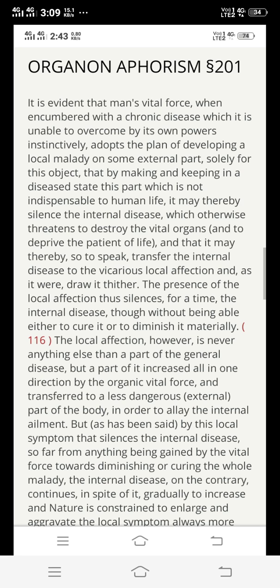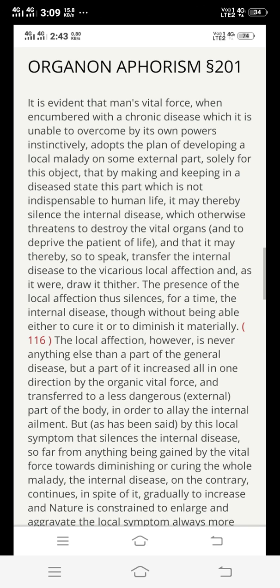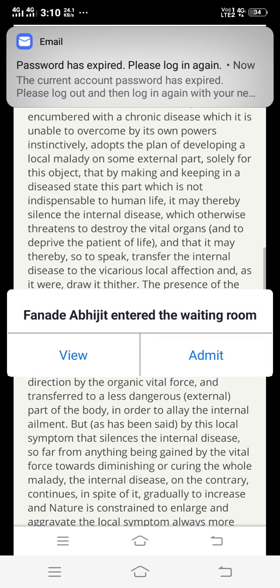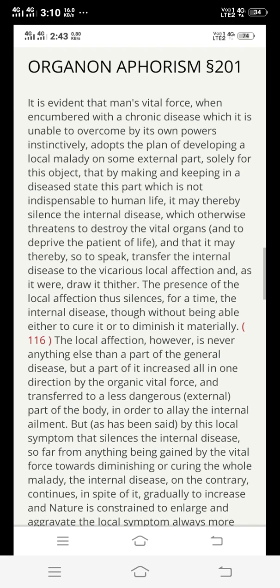instinctively adopts the plan of developing a local malady on some external part, slowly for this object, that by making and keeping in a diseased state this part which is not indispensable to human life, it may thereby silence the internal disease which otherwise threatens to destroy the vital organs and to deprive the patients of life, and that it may thereby,